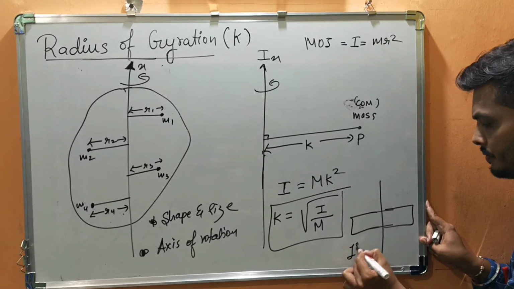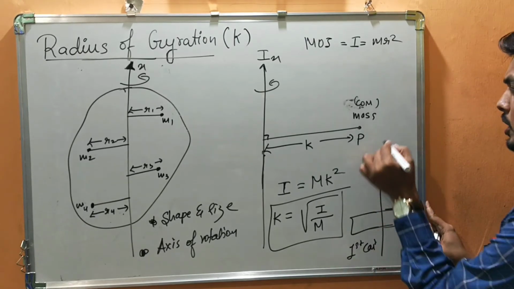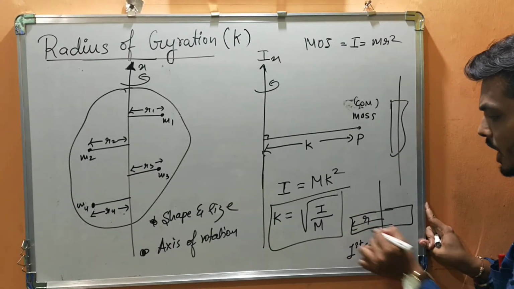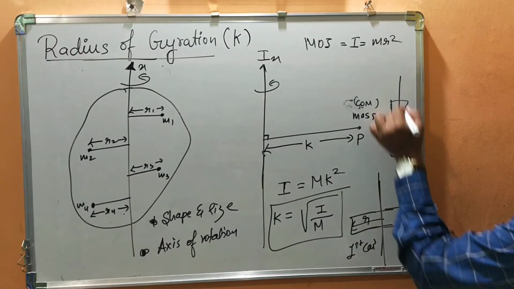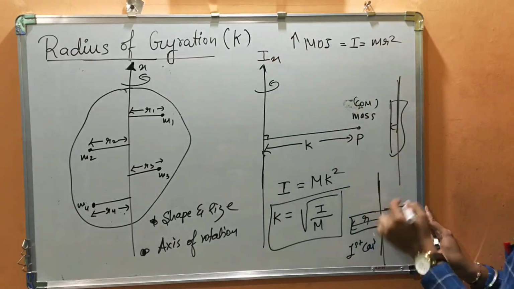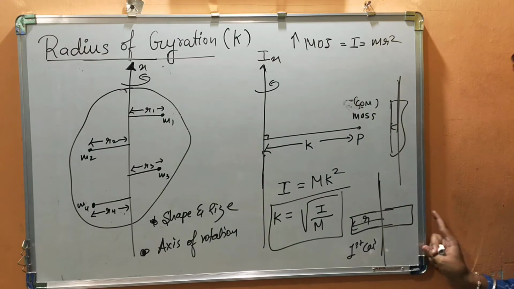First case. Now in the second case, what do I do? I align the marker in this position. So in the first case, this r was more from the axis of rotation, and in the second case, this r is less. So in the first case, moment of inertia will be greater. In the second case, moment of inertia will be less.